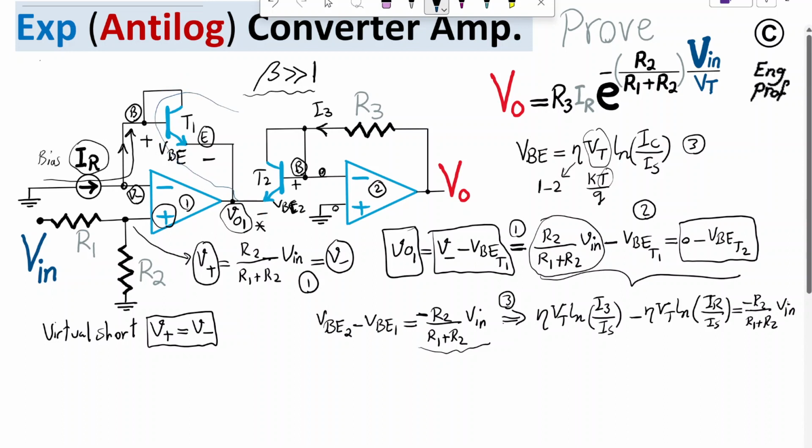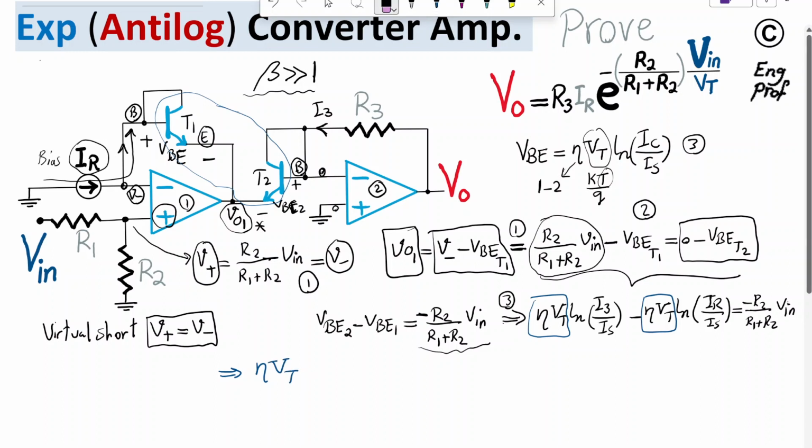So they have similar junction properties, similar thermal properties. Reason for that is, therefore I can factor out eta Vt for both ln or natural logarithm here, assuming they are equal. So with that assumption, which is a reasonable assumption, both transistors on the same substrate, copy paste of each other. So we get eta Vt